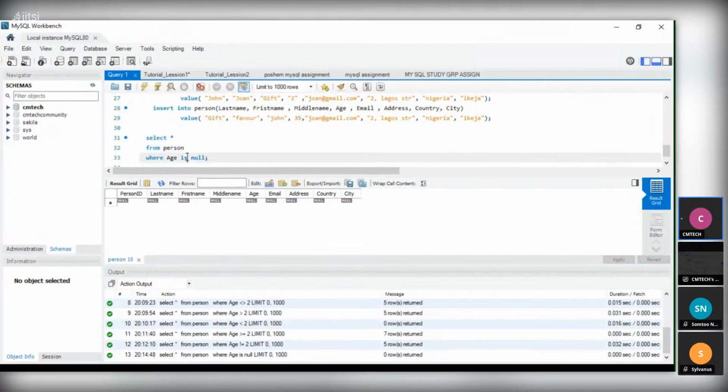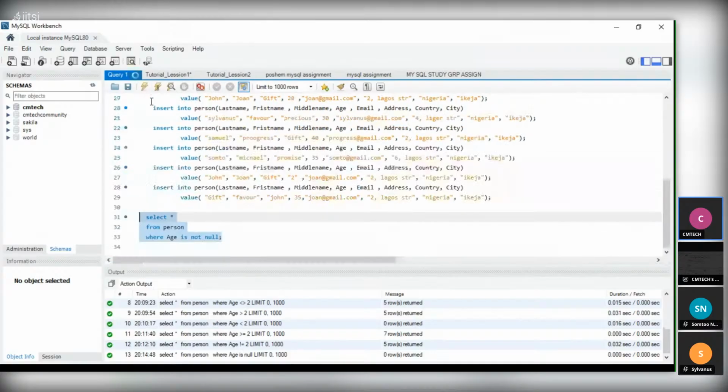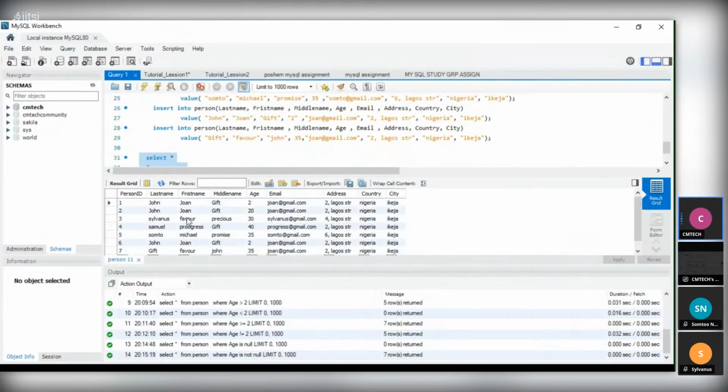So let's see IS NOT NULL. Now this IS NOT NULL brings out everything for us. I believe IS NULL and IS NOT NULL is clear to you guys.